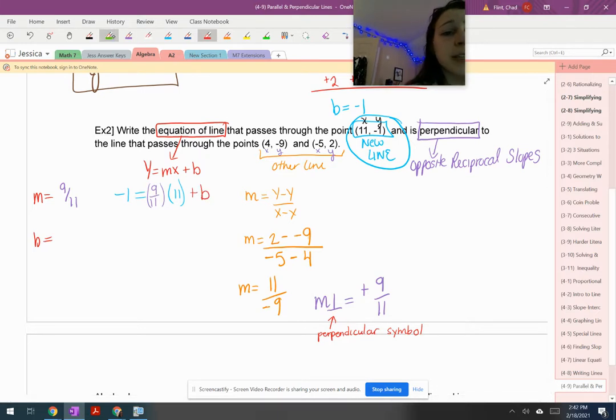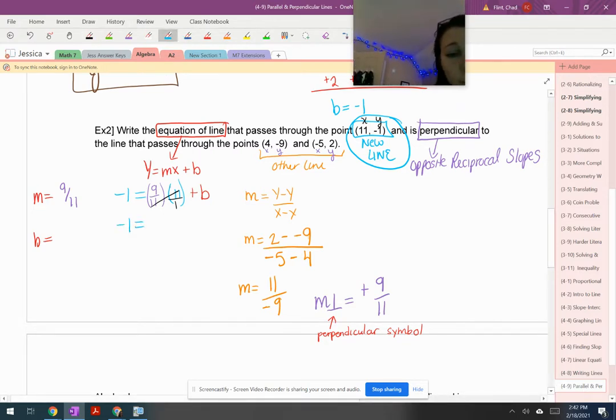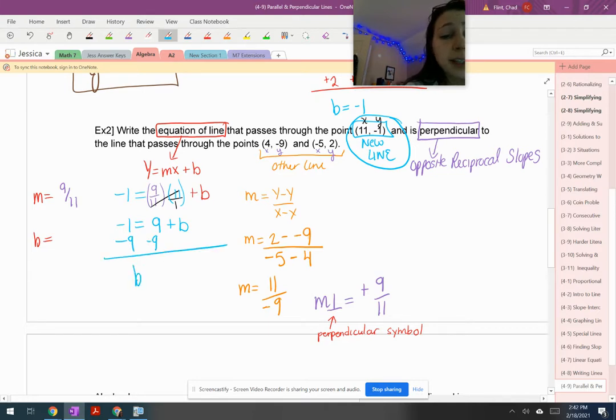Jump to your calculator if the fraction's stressing you out, but the 11 and the 11 are going to cancel out, leaving me with negative 1 is equal to 9 plus b. Get rid of that positive 9 by subtracting it from both sides,